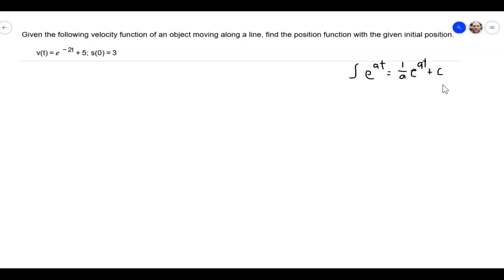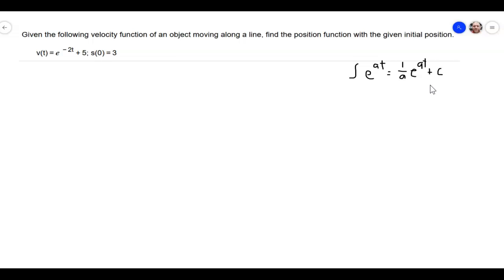Sometimes we do if we're given additional information, like we are in this case. We can actually figure it out at the end, but often we just don't know what it is, so we just leave it as a c, or if we have multiple constants, maybe we'll label them